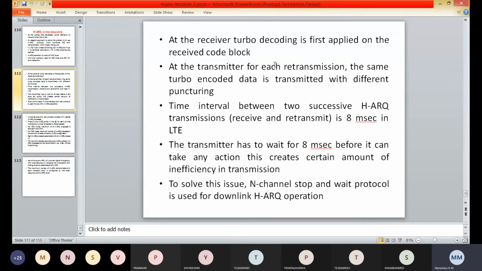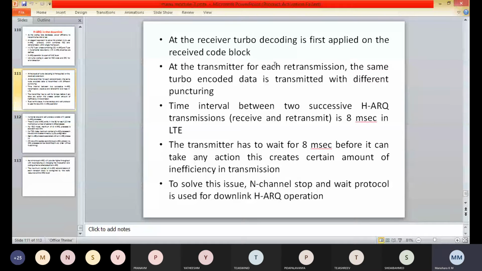Here puncturing is performed during the rate matching process. The rate matcher can produce 4 different redundancy versions of the original coded block. HARQ transmissions are indexed with the redundancy version, that is RVIDX.